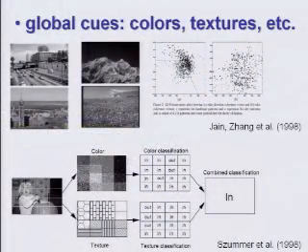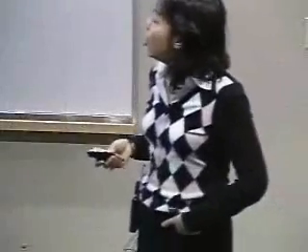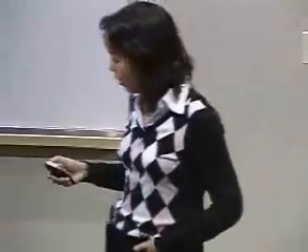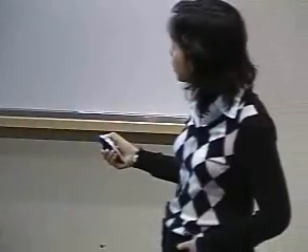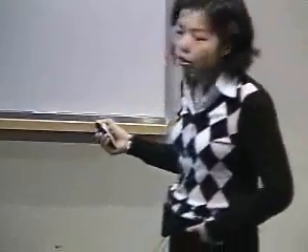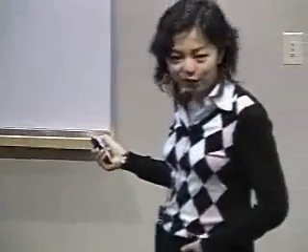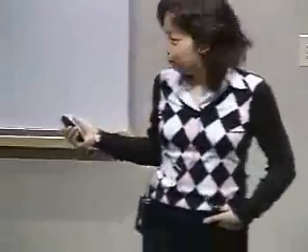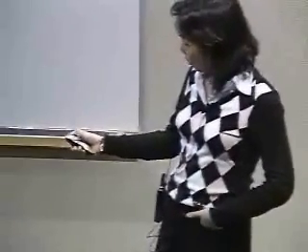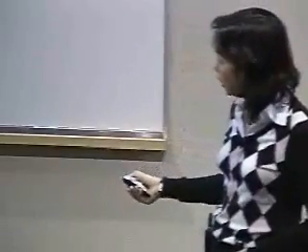So early days of natural scene categorization research used a lot of global cues such as colors, textures, and edges, and people tended to do very coarse categorization such as man-made structure versus natural structure, using basically color histograms and so on. And then there's work that separates indoor scenes from outdoor scenes, and also uses lots of color and texture information, a little more localized than these global features, but still pretty rough.